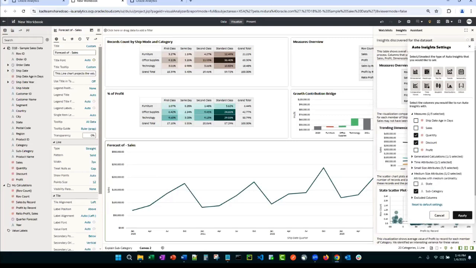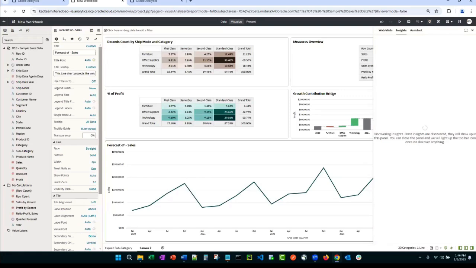I can keep modifying where it focuses its energy and say apply. And as soon as this turns yellow again, that means it's produced a whole new host of insights based on what I'm looking for. So this is 100% a dashboard building tool that you can continuously run to continuously get new insights. Very powerful part of the platform.